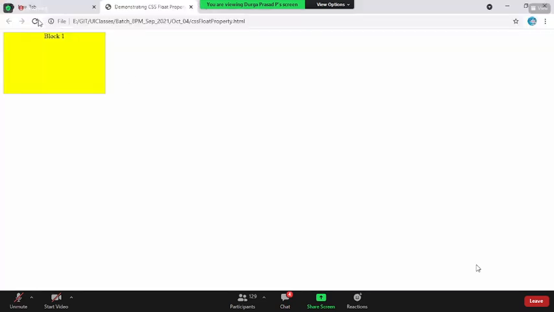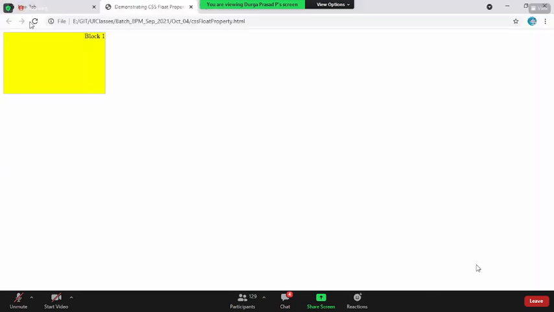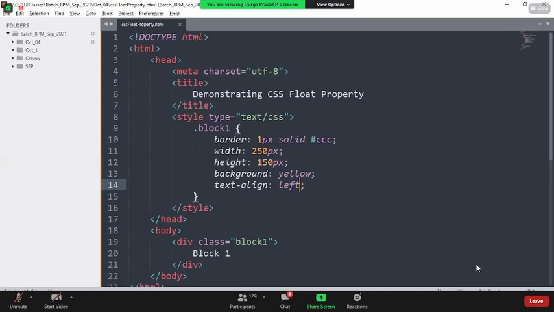Either you can make it center or to the right side. If I say right, it moves to the complete right side. Or you can even set text-align to left. If you save this, come back here and reload the page, this is how it is. So text-align is the CSS property which can take three possible values: left, right, or center. The text-align property only works horizontally, not vertically. To do it vertically, we have different CSS properties, but right now we are only working on the horizontal property, which is where text-align works.